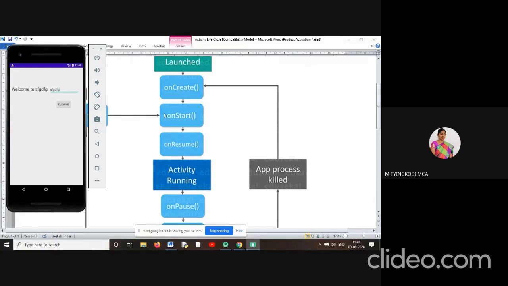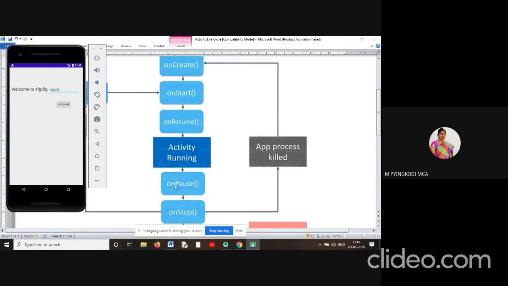This activity was running in the onResume method, so while the call is coming, it will enter into onPause, and the incoming call activity will enter into its onResume method.